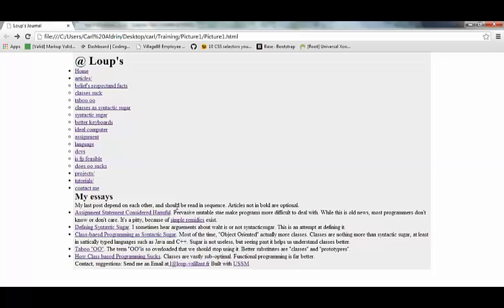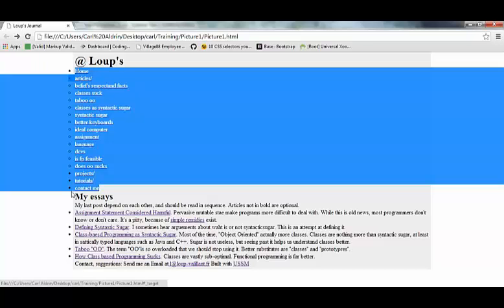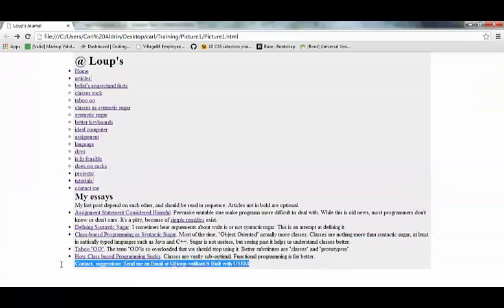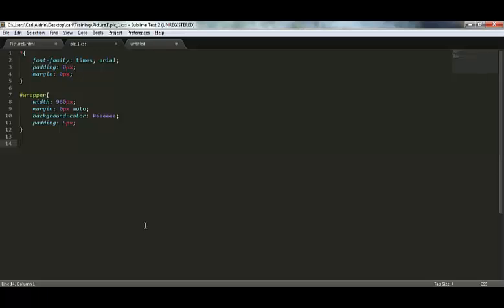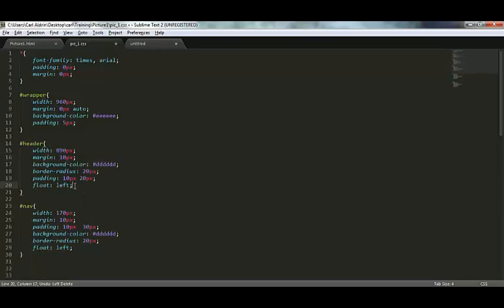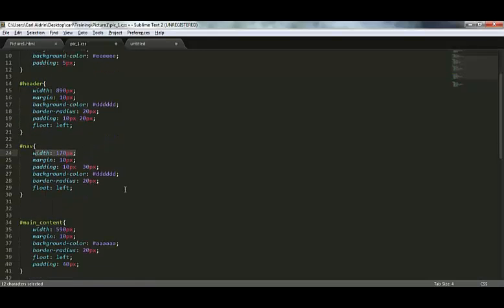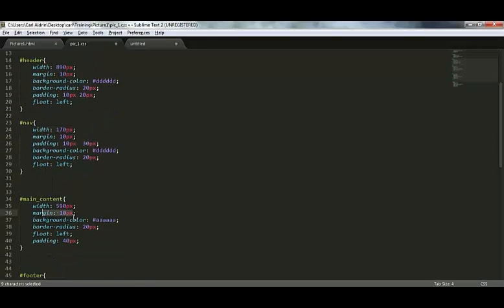After the wrapper, let's design its main parts: the header, the navigation, the main content, and the contacts, which are in the footer. So, we will have this. The header given the width, the navigation, main content, the footer.